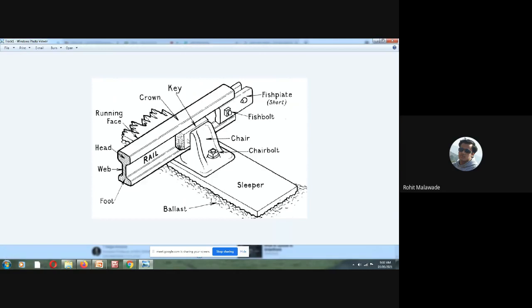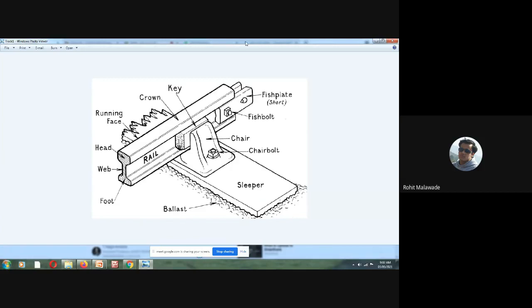Now with wooden keys, there is decay due to the vibrations and all, since the key provides packing material in between the chair and the rails. Whenever there is vibration, as well as different climatic conditions, there is a possibility of decay, and due to the vibration, friction also develops.